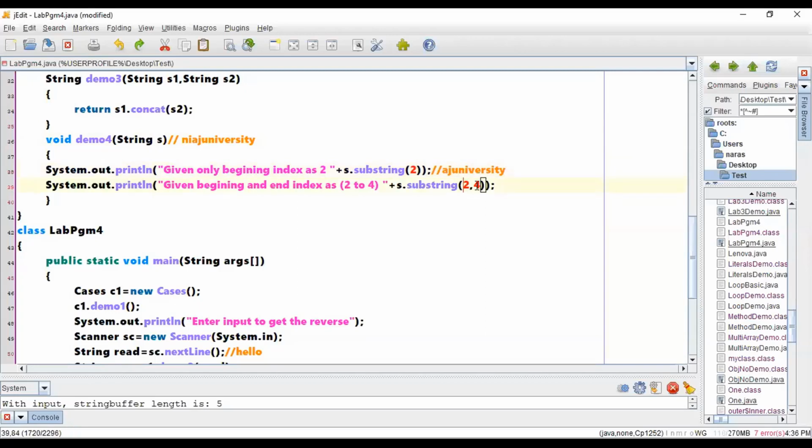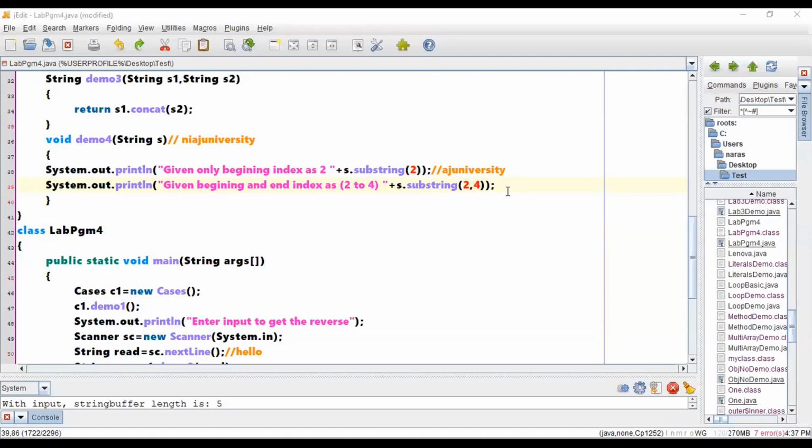What about the output of your second statement? From index 2 till 4 you need to consider. Don't consider the 4th. Till 4th means only the second index and third index; not the 4th index.